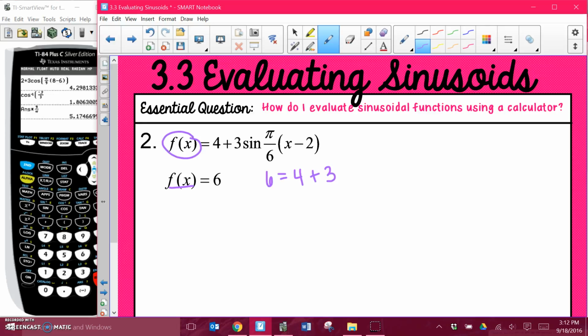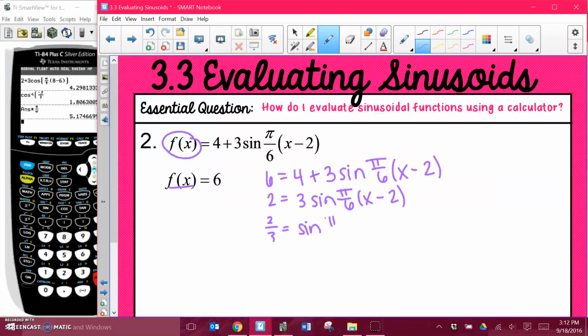And I'm going to follow the same exact steps that I did before, just some basic algebra in order to isolate my variable. Okay, so I would subtract 4 from both sides. Then I would divide by 3. So I get that 2/3 is equal to all this business, sine. Okay, and again, you cannot just divide by sine. In order to cancel out the sine on the right side, you have to take the inverse sine of both sides. So the inverse sine of 2/3 is going to give me whatever that argument was,